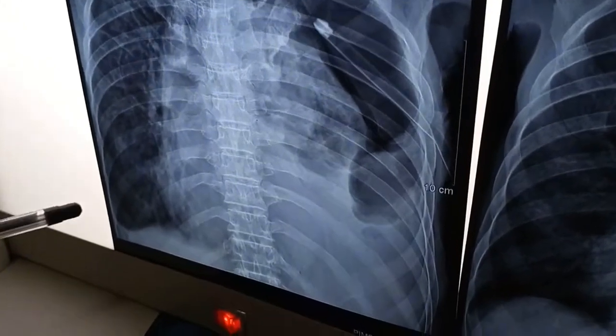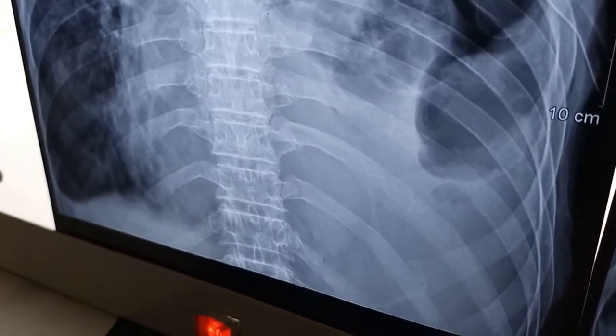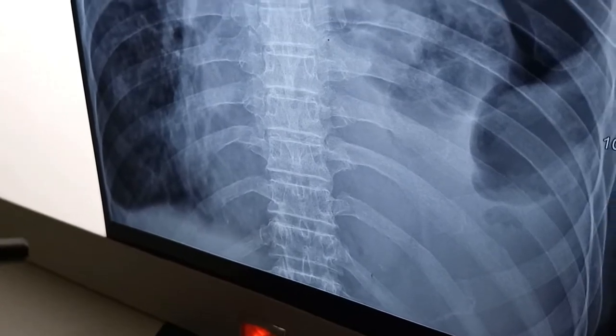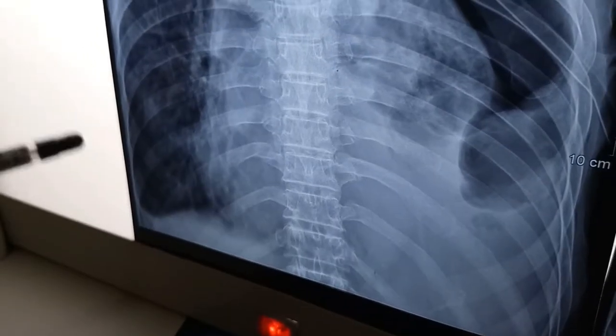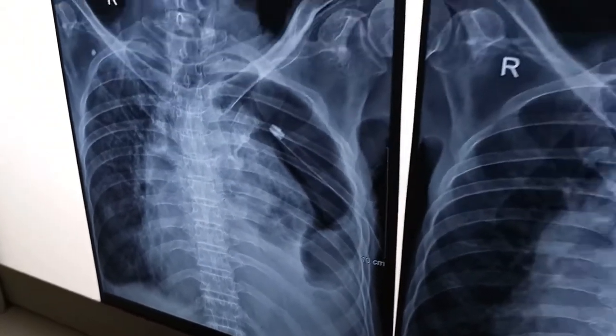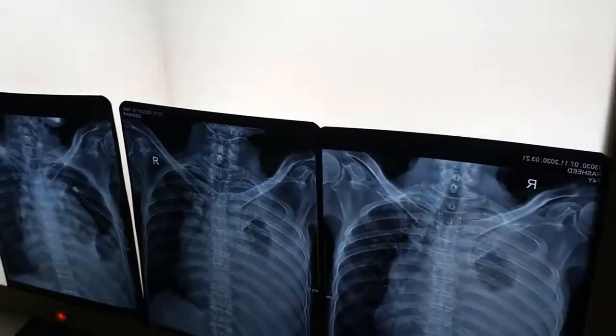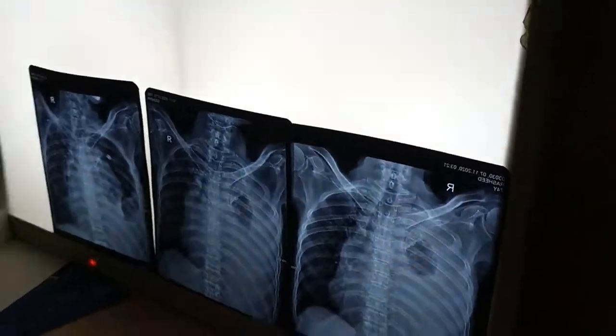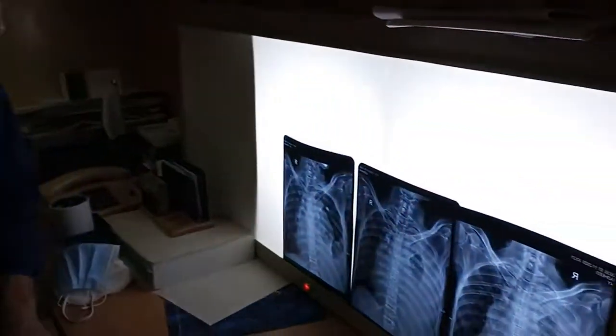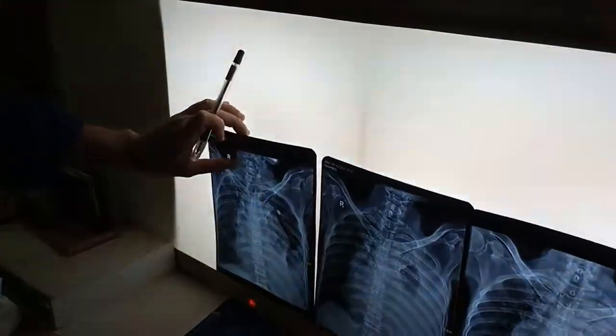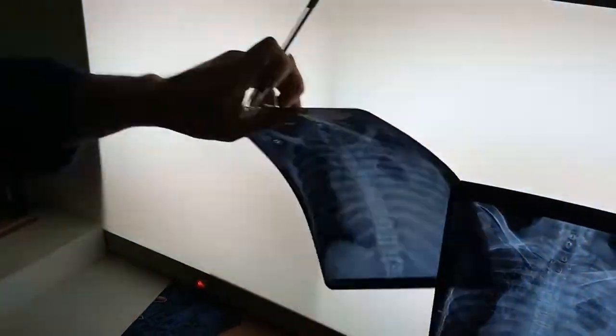If we focus on the right CP angle, it is blunted here. This blunted CP angle indicates that this patient has pleural effusion on the right side. So remember, a patient who has a massive pleural effusion on the left side or the right side, think about the neoplastic process, particularly if the patient has a risk factor like smoking or biomass exposure or some other reasons. So this patient underwent chest thoracostomy and he has a CT scan